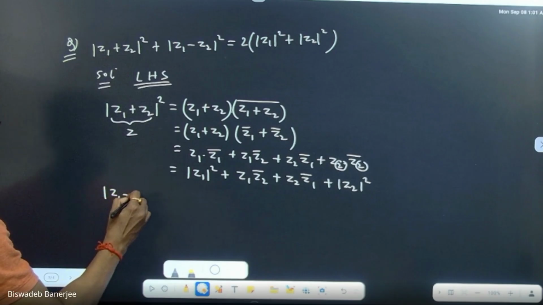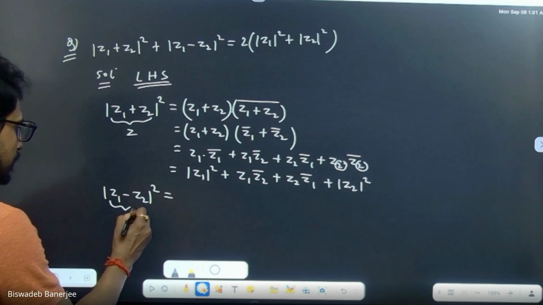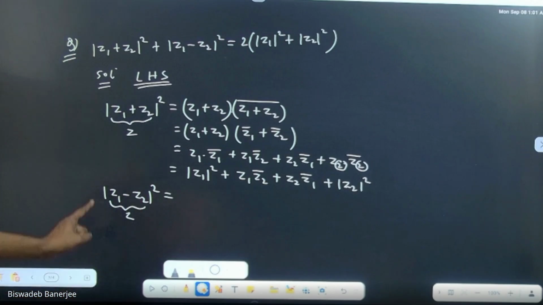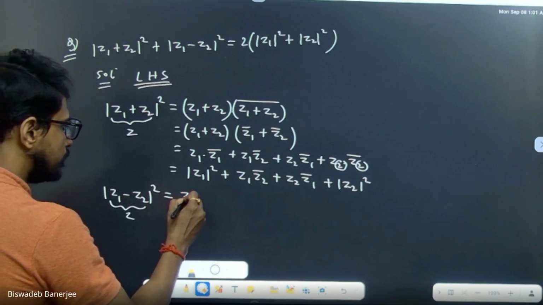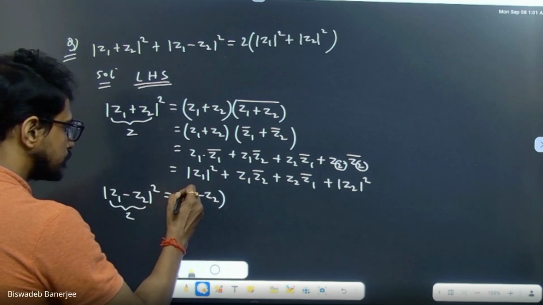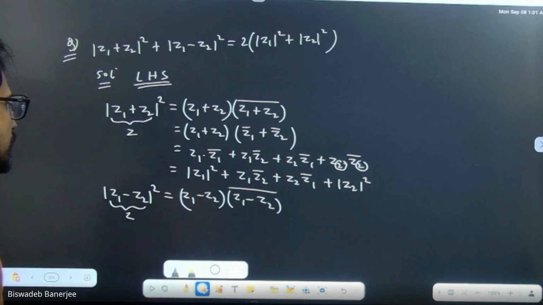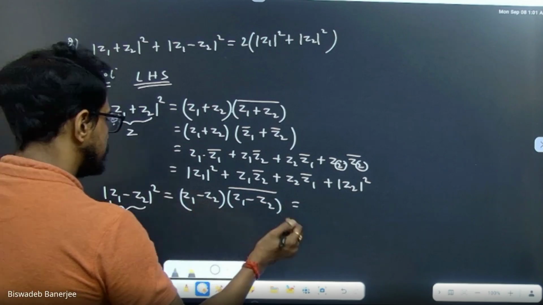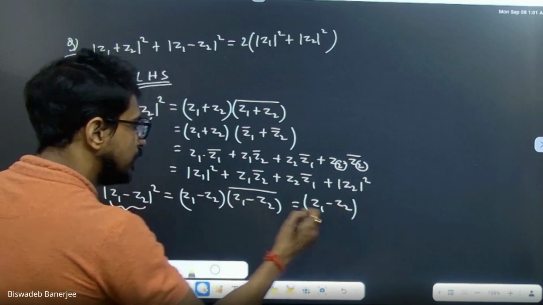Now mod Z1 minus Z2 whole square. How can you break this? Suppose this is my Z. So this is my mod Z whole square. Now I can write mod Z whole square as Z into Z bar. Again applying this property, Z into Z bar. Now again by property number 2,